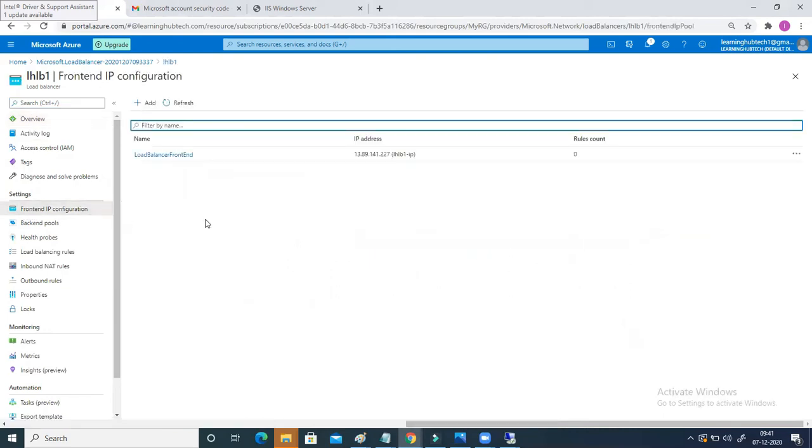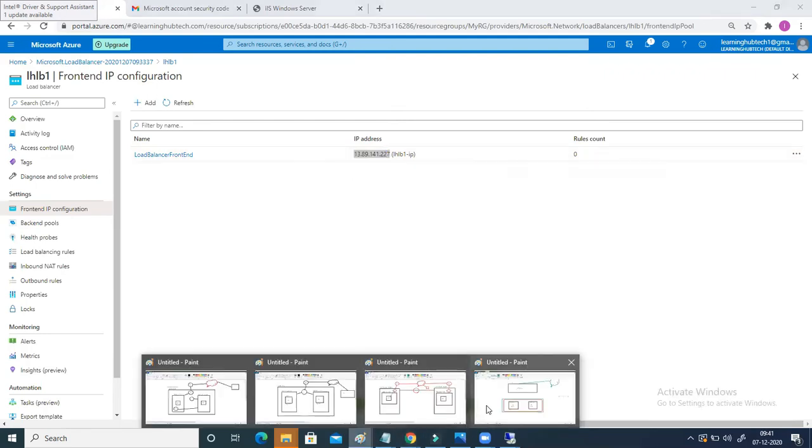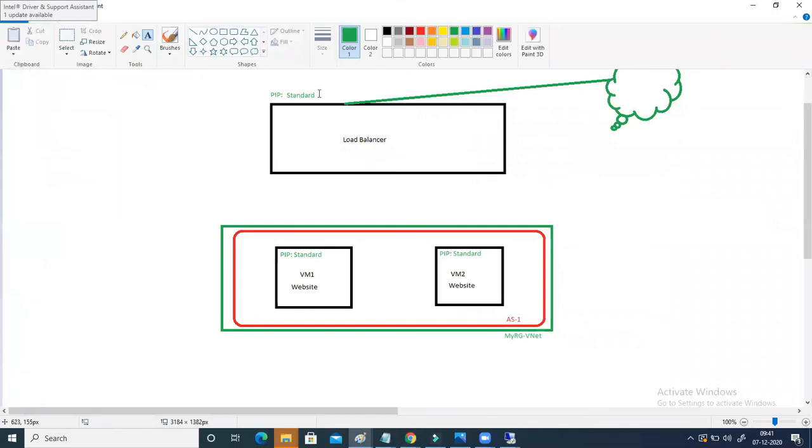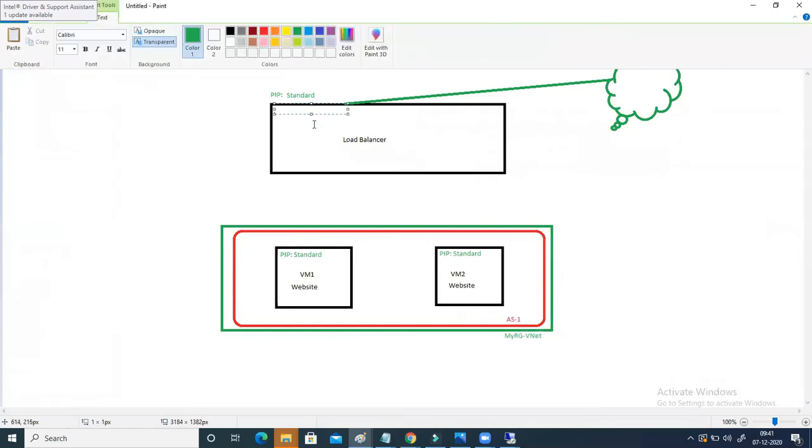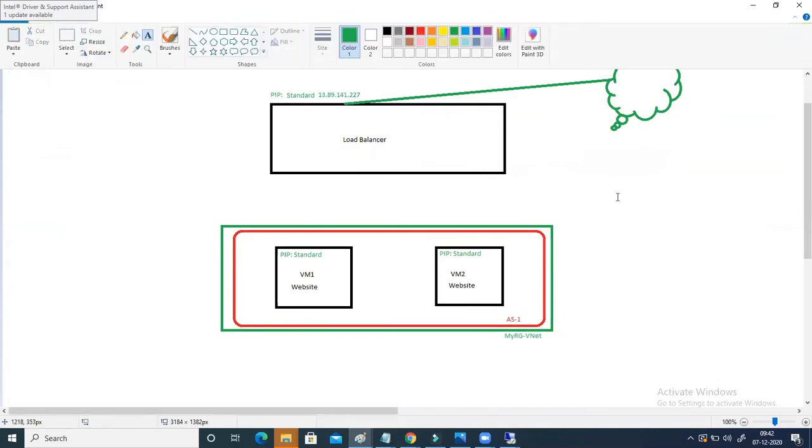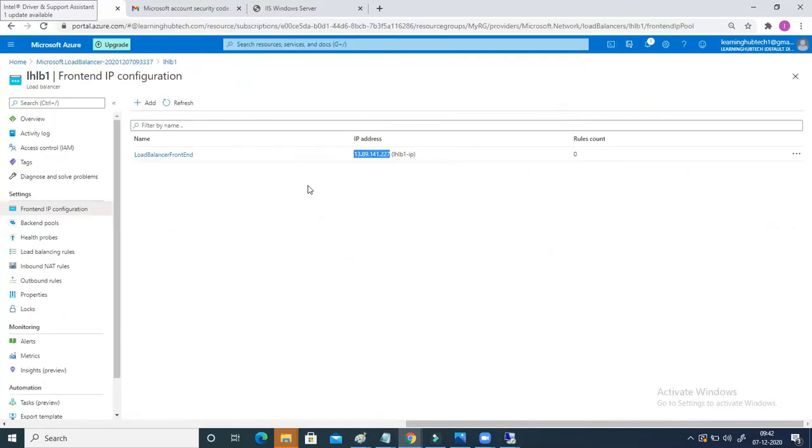If you remember, we selected the standard IP address for my load balancer, and this is the IP address which is assigned to my load balancer here. So do one thing, let's copy this one and paste it here. So this is the IP address of my load balancer. So this is already configured.